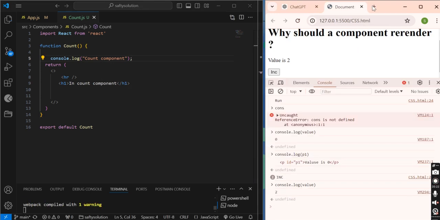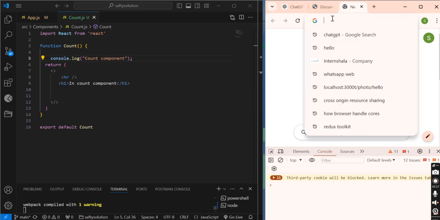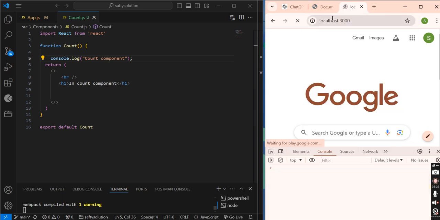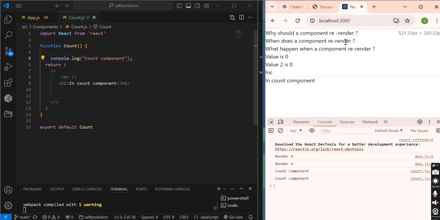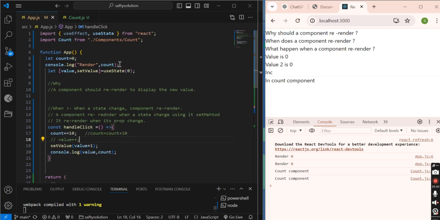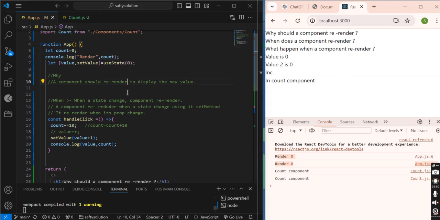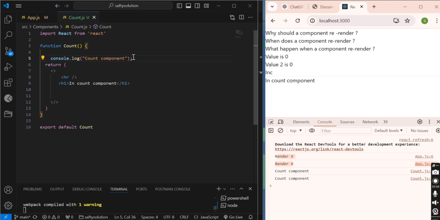Let me close it and open a new tab on port 3000. Yes, it opens. See, for the first time it renders, and it's printing this one here. Why is it printing two times? Just ignore that. And now we have another component, Count, and in this we have this console log, that's why it's printing.